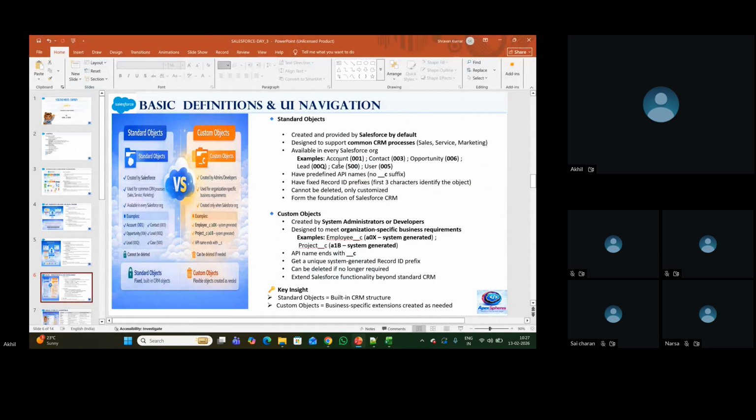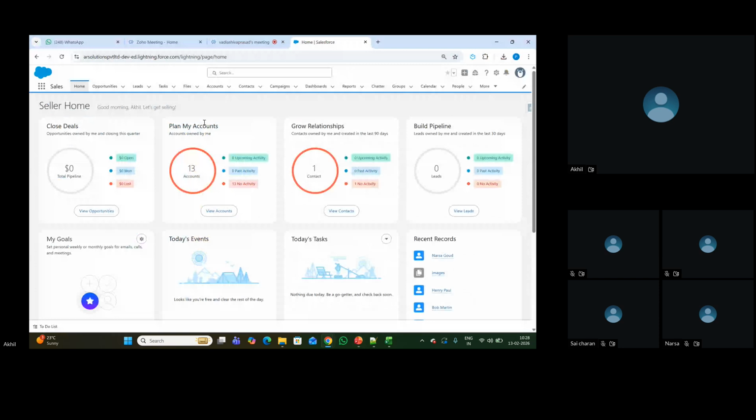In Salesforce, for every object, we'll have some prefix at the starting point in order to identify that object. Let's suppose account starts with 001, contact starts with 003, opportunity starts with 006, lead starts with 00Q, case 500, user 005. So if you go to accounts